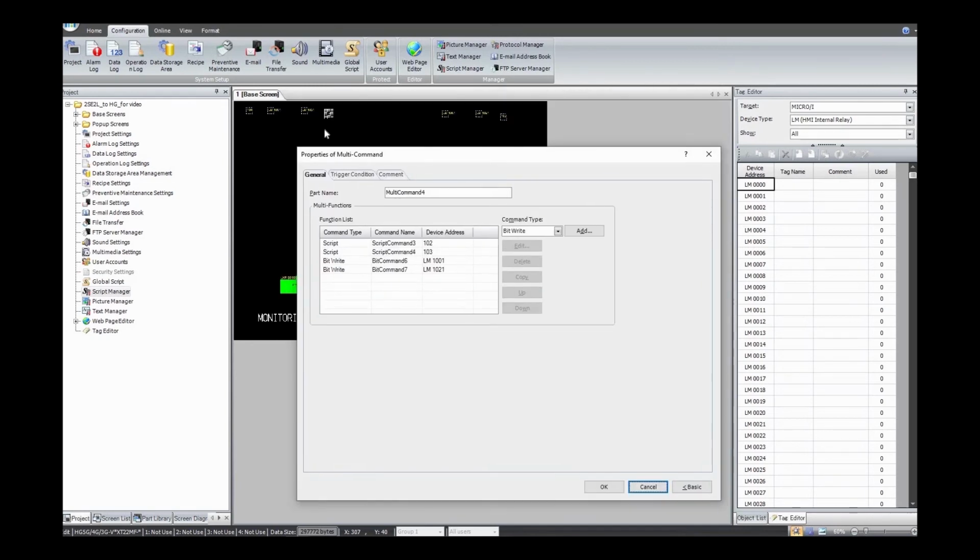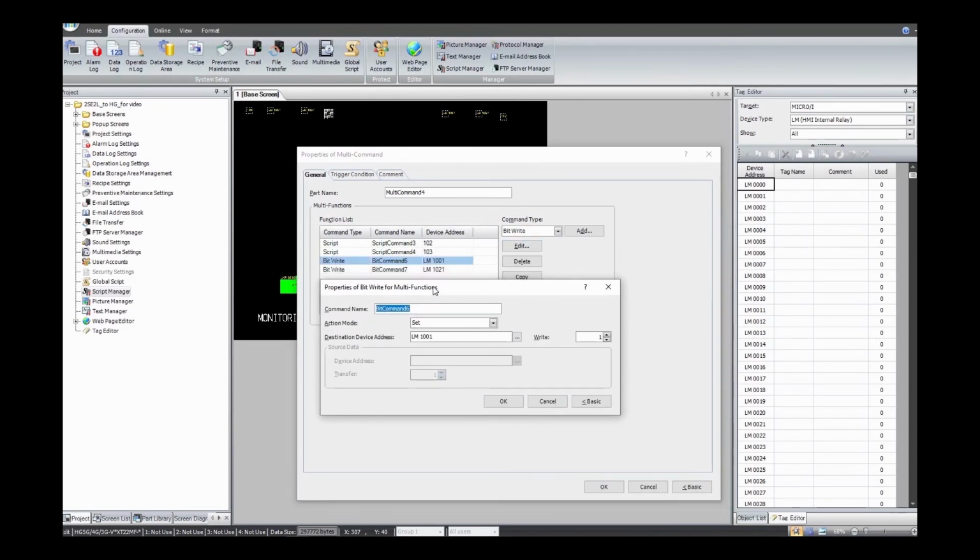There is one thing in the multi-command of the first SE2L that we need to change. If you still remember, in the last multi-command we set LM1001. At the end of all these multi-commands, we initialize the whole process by turning on LM1001, so that it will reactivate all the multi-commands. Since in this example, instead of continuing to call the second multi-command, we would like to call the first multi-command for the second SE2L,